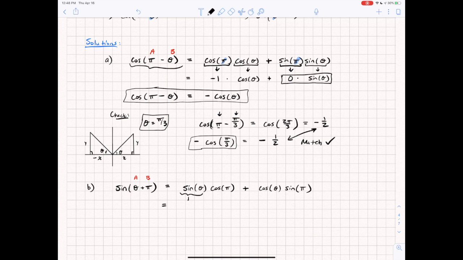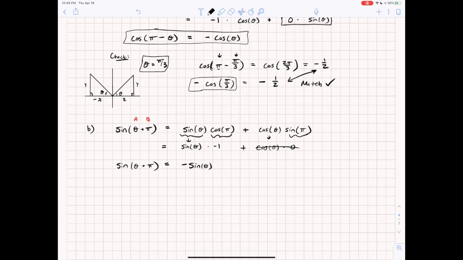Sine of theta is just that, so I'm just going to drop it down. There's nothing to do really with that. Cosine of pi was -1, plus cosine theta will just drop down. A terrible looking arrow. And sine of pi is 0. So, right, the entire second term is gone again. And so I get negative sine theta is equal to sine of theta plus pi, which again should make sense